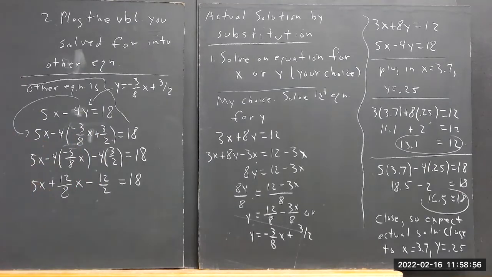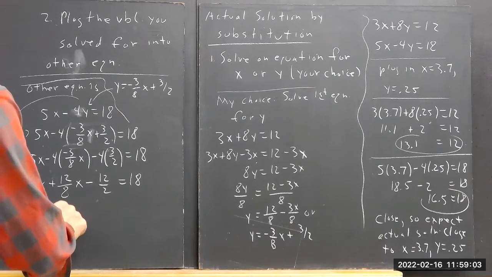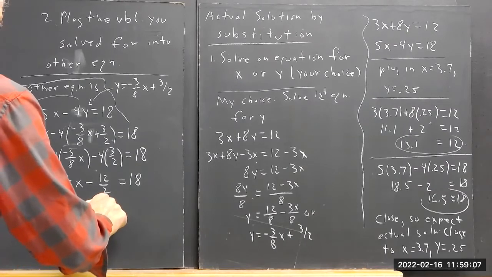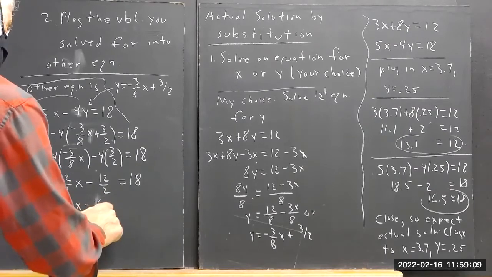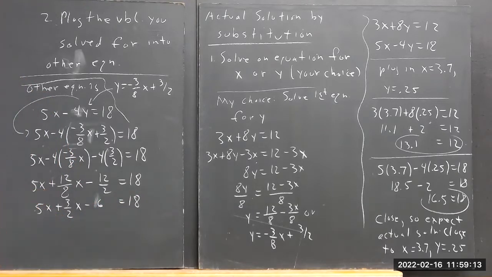And we just do the arithmetic and we get down to here. And I'm still going to do a little more arithmetic because I want to simplify my fractions as much as possible. And now I want to multiply through by my common denominator, which is 2. I could have multiplied through by the common denominator up here, but